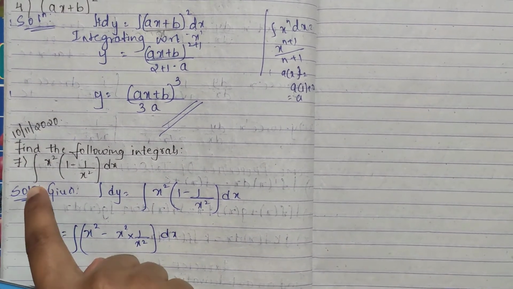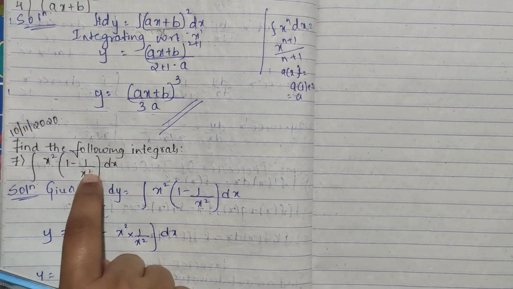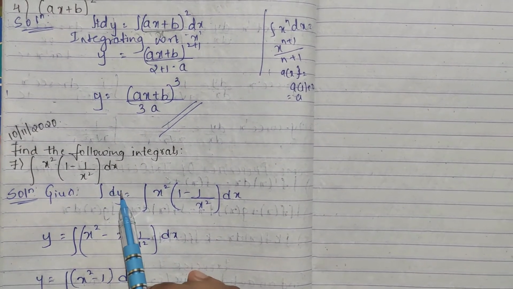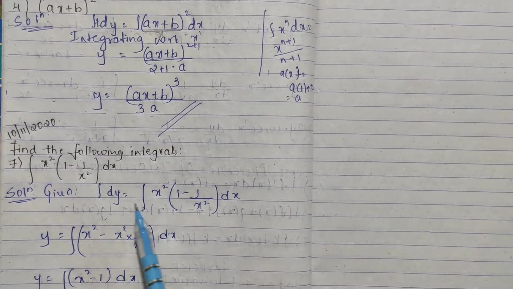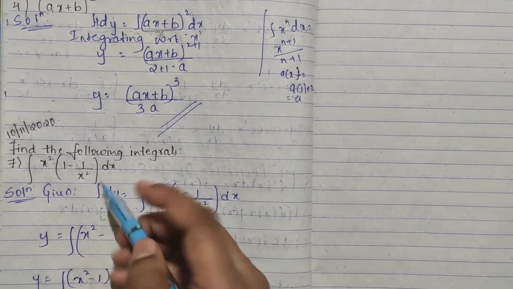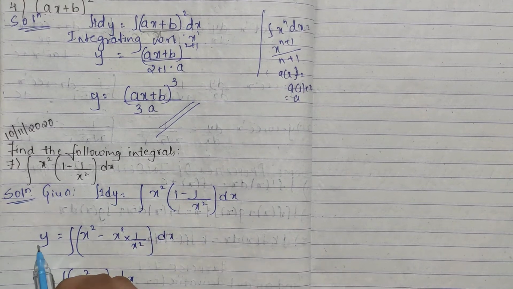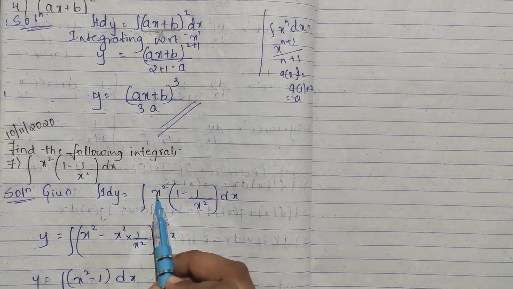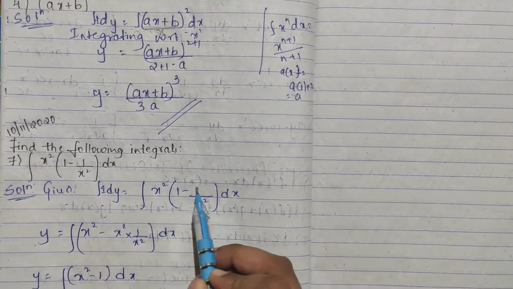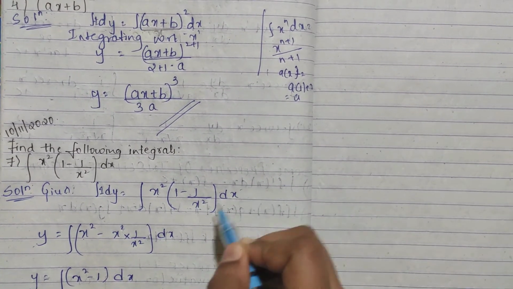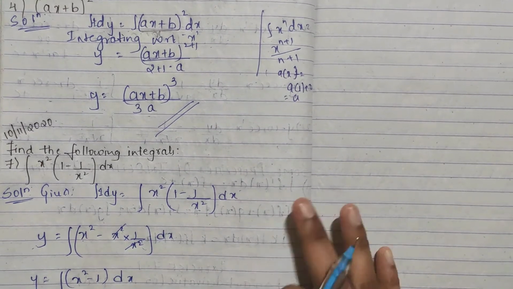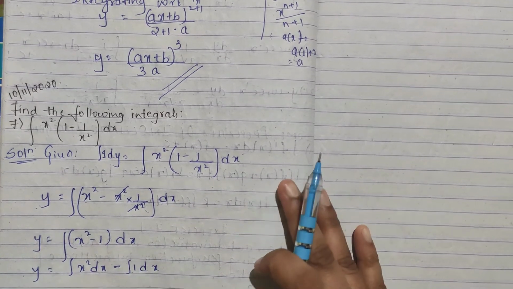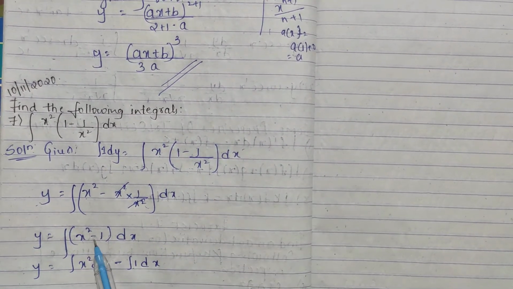Integrate, integration sign x square into 1 minus 1 by x square dx. So if nothing is given, you write like this. Take it as integration dy only. Okay. Integration dy, then integration this they have given already. So integration of 1 with respect to y is what? Y itself. So integrating, multiplying x square. Okay, x square into 1 is x square minus x square into 1 by x square, it becomes, na, dx. See, this x square gets cancelled off. So I'll be having y is equal to integration x square minus 1 dx. Now x square minus 1 dx.